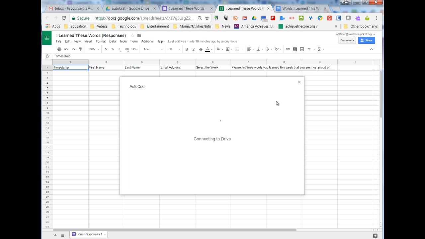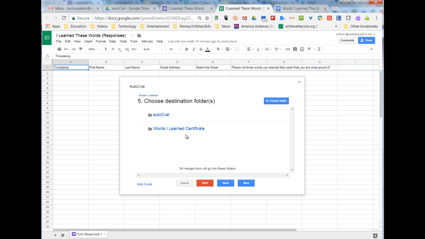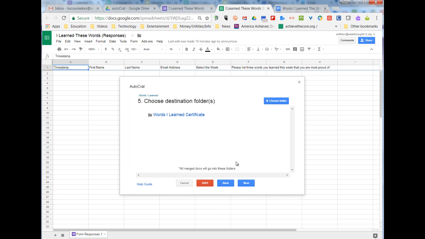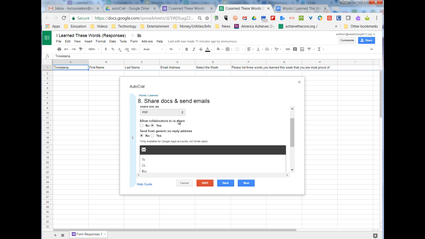Now, we're going to choose the folder that we want all of these documents to be saved in. We're going to save it in the Words I Learned certificate folder, again, that I already created. I had put that in earlier, but we don't need that one. I never add a dynamic folder. I'm not actually sure what that does. We also don't have to do that one. But I would like to share and send documents, because when a student fills it out, I want them to get the certificate. So I'm going to share it as a PDF,